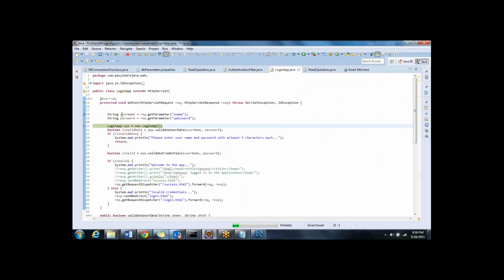Now these are the two credentials, line number 18 and 19, that the user has entered in the browser. Now the data has come to the application. Here you need to take this data to the database and check if the data is valid or not, like is it a valid username and password combination or not. So